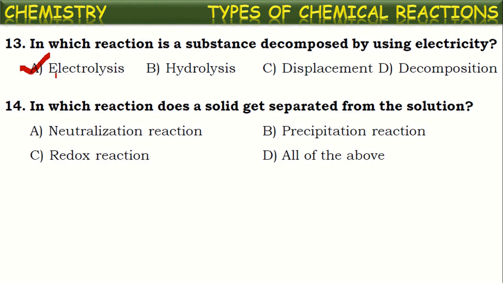Okay, next one. In which reaction does a solid get separated from the solution? Yes, we have seen in certain chemical reactions, if you mix two aqueous solutions, suddenly a solid substance will appear in that mixture, which is insoluble in water. The formation of a solid substance in a chemical mixing is called a precipitation reaction. For example, barium chloride plus sodium sulfate. If these two are mixed, they form barium sulfate, which is insoluble in water and appears as a white turbidity. A white solid substance will be formed in the solution. That is called